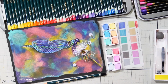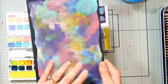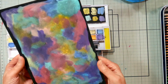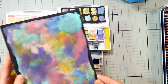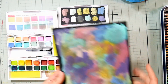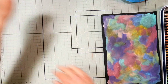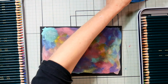Today we are going to experiment a bit. I have taken a piece of black mat board that I've gessoed and I painted on it with some Derwent pastel paints, metallic paints, and Inktense paints to get this kind of mottled background. So I'm experimenting on using basically watercolors on a clear gessoed surface. And I'm also going to try the Derwent artist pencils. I've never used those before and I'm really curious about them, so I wanted to see what those